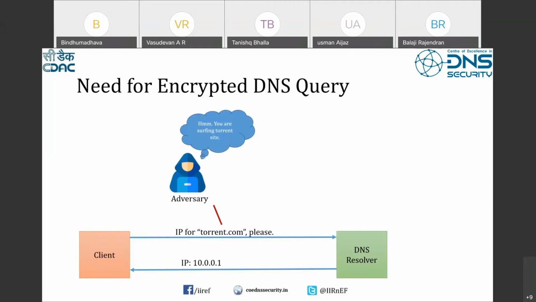DNS query history. So it is something like, long back there used to be postcards. So it will be a simple postcard in which at the back side you can write any message and on the front side you can write the address. So if you are sending to someone else, anybody who is having a hand on the postcard can look at the message that you are sending.